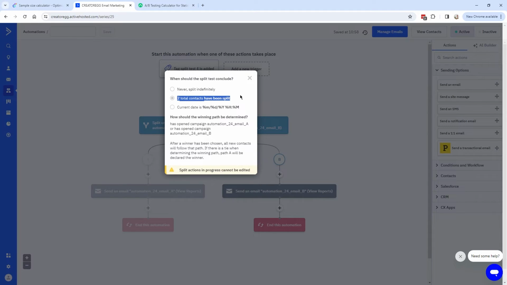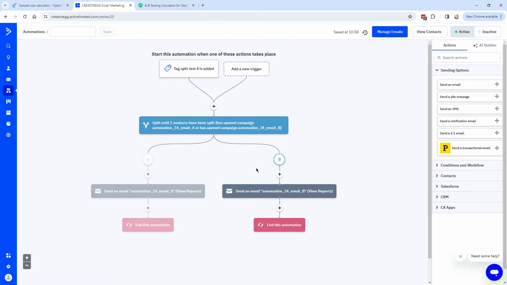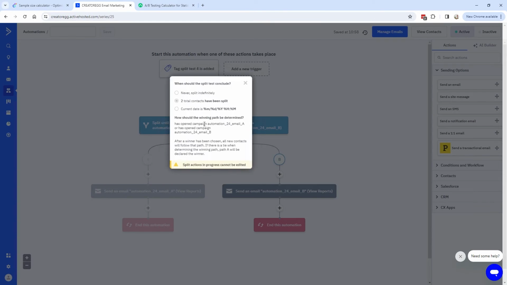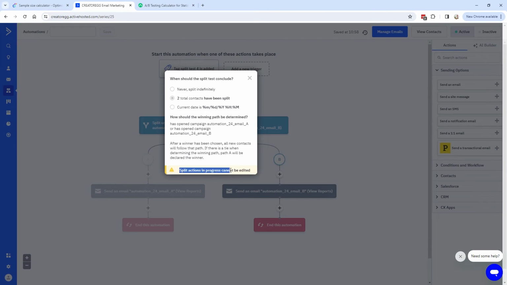So I added 2 contacts in this automation. I was basically waiting until it concluded the winner, but it did not conclude a winner until I added the 3rd contact, and then it sent that 3rd contact through path B, and then path A grayed out in that situation. And also good to know here, if you click on this split feature over here, although it already declared a winner, it still says split actions in progress and cannot be edited. So this will just stay the same forever. It will not change whether or not it declared a winner, just so you know,